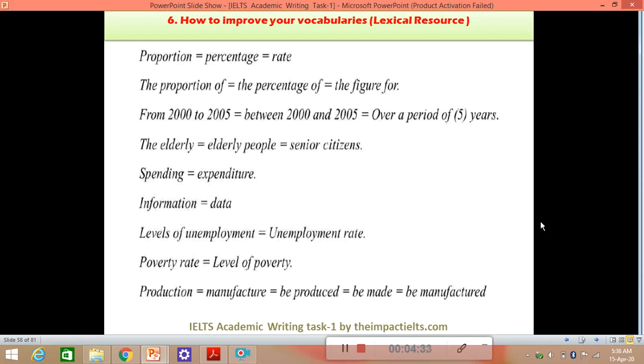So you can see a slight change can give you a better band score in the synonyms part, which is again 25% out of the 4 criteria you can get from that, right? I hope you have understood the general part of the lexical resource. Now we will try to see the details based on the type of question and the kind of vocabulary needed for that